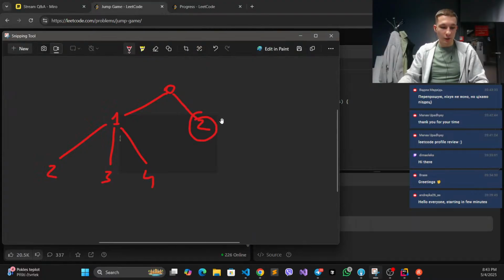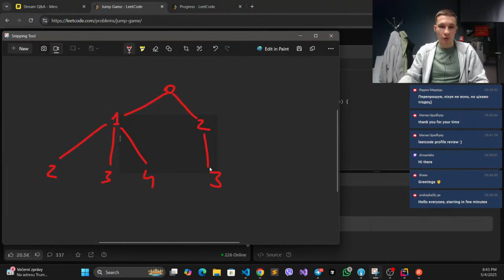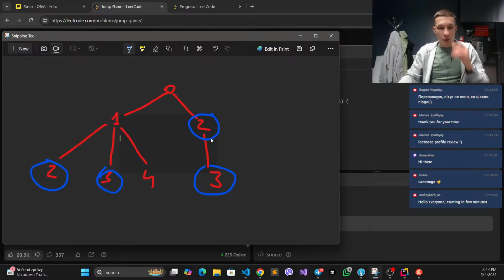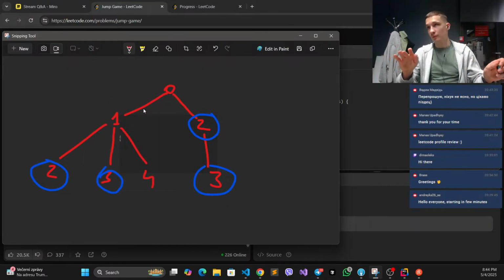From this pathway, if we jump straight away to this index, we have only one choice. We can jump to index 3. I think you already got the points that repeat each other. So we have 3 as our input parameter here and a bunch of 2s here. So if you have some pretty large input, you will see that you're actually recalculating a lot of stuff every time. But let's not talk about recalculation. Let's just talk about regular